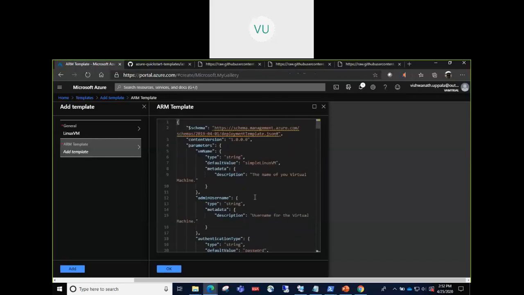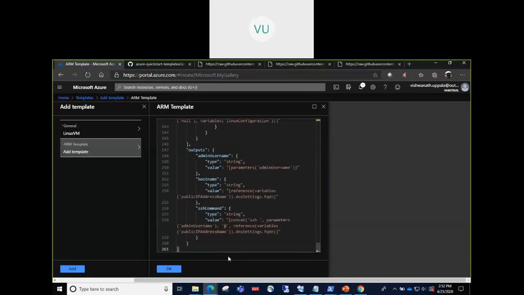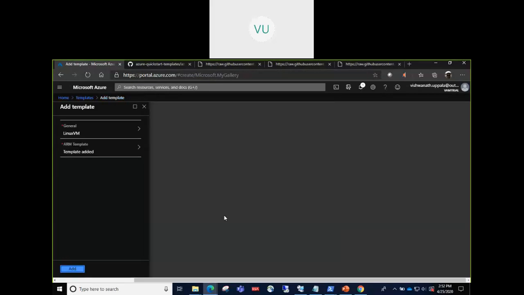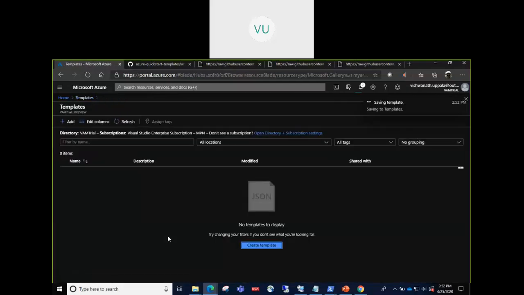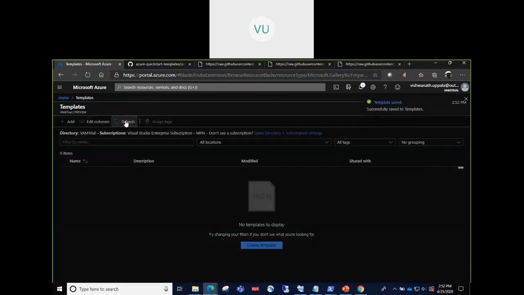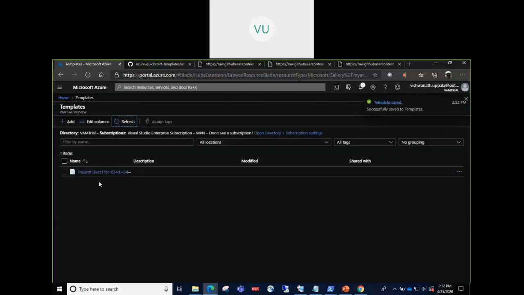Okay, so this is one way of creating an ARM template here. Just press OK. Template added, and then we'll click on add. Template saved. If we refresh, we should see that.